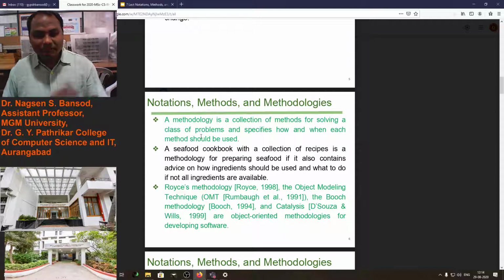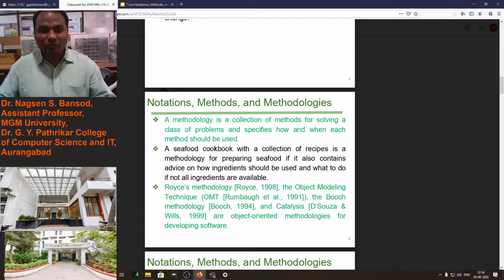Then what is a methodology? A methodology is a collection of methods for solving a class of problems and specifies how and when each method should be used. It means a collection of methods. We have to use multiple methods to solve a single problem, then that will be the methodology.